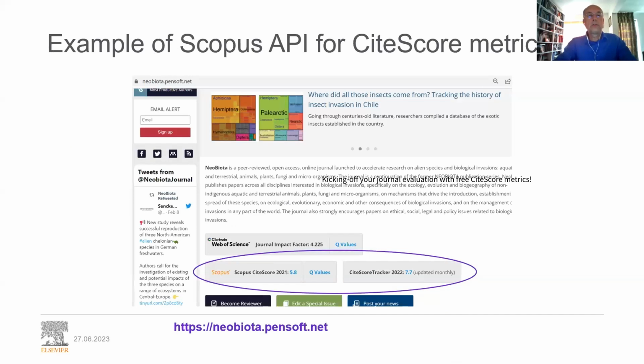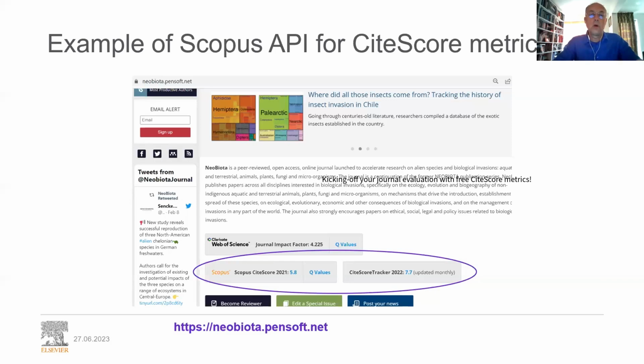An example just to show you how you could use the Scopus API is this journal website for the journal called Neobiota by a publisher called Pensoft. It both shows, if you see in the encircled part, the journal CiteScore value, but it also makes it clickable towards the details on the Scopus source page, as well as showing the quartile values.